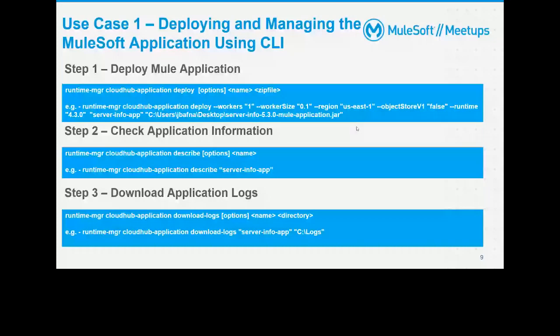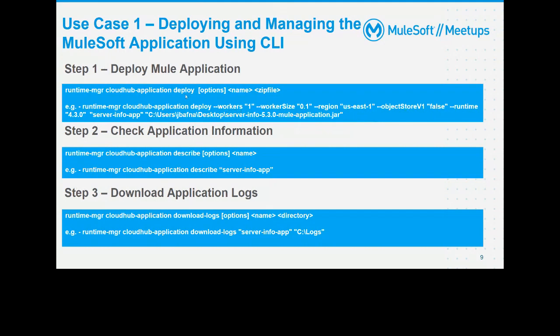You don't have to do anything in your Mule Maven plugin. You also don't have to take care of the Mule Maven plugin in your pom.xml. The Mule Maven plugin is basically used to deploy your application to CloudHub, Runtime Fabric, or on premise. But using Anypoint CLI, you just give a simple command where you pass certain parameters like workers, worker size, region. That's it.